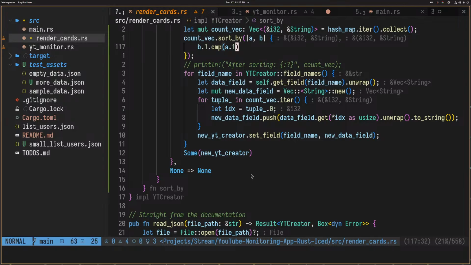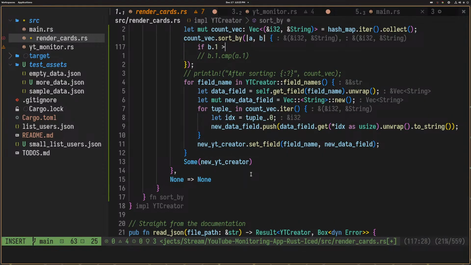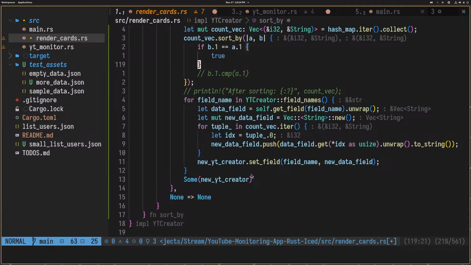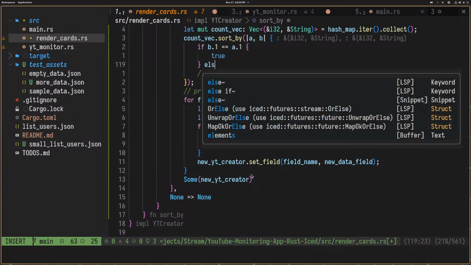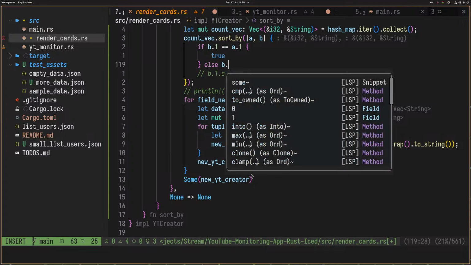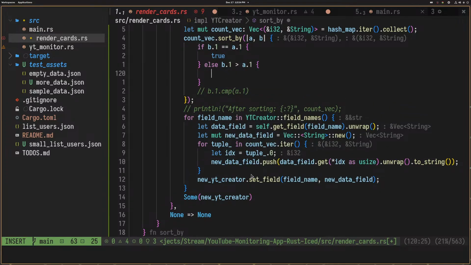Yes, I think I can. Let's try. I don't know how that will work. I'm going to comment this out. We can say if b.1 is equal to a.1, then return true. Else, if b.1 is greater than a.1,